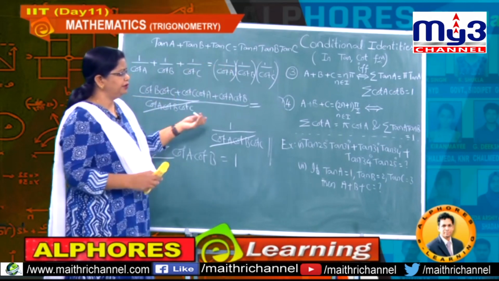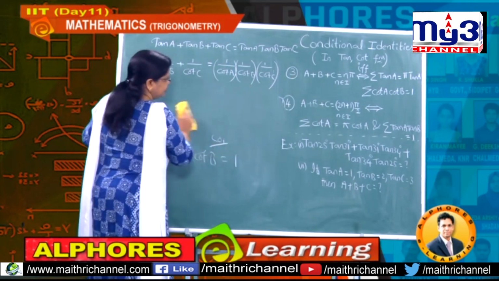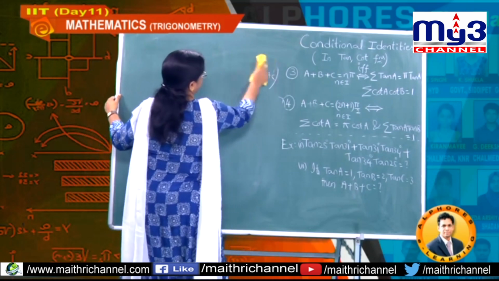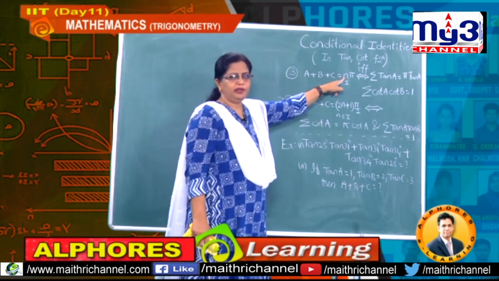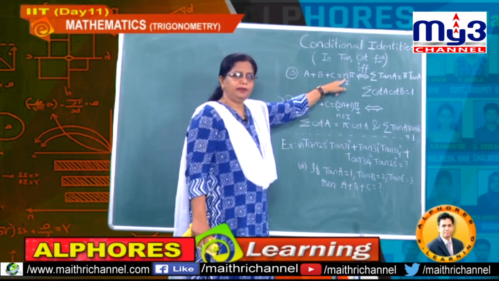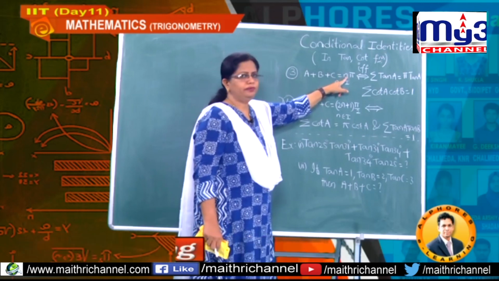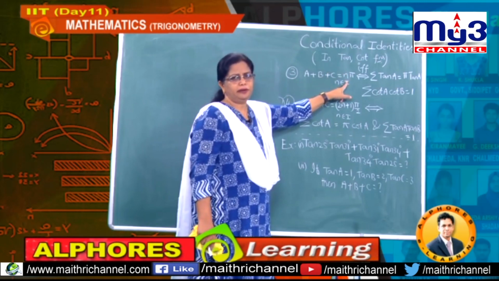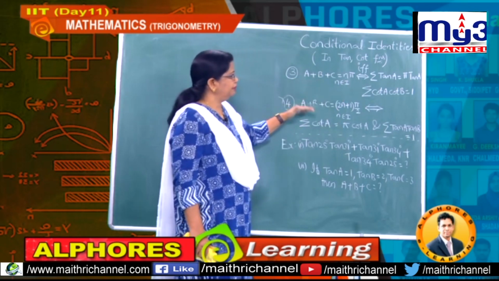What about now the fourth one? Observe how the sum of angles is given. These are odd multiples of pi by 2, whereas the above one is an integral multiple of pi. So you can remember it only in one way: if this is an even multiple of pi by 2, then this is an odd multiple of pi by 2. Even multiple of pi by 2: 2 into pi by 2 is pi, next 4 into pi by 2 is again 2 pi, like that it is an even multiple of pi by 2, and this one is an odd multiple of pi by 2. So if you remember, it will be easy.